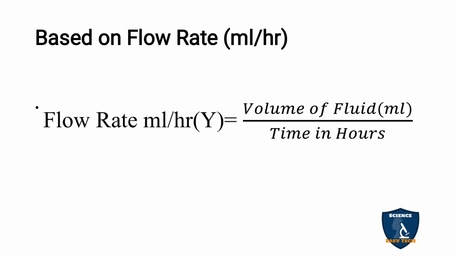In such a case, you have to convert the minutes into hours. 60 minutes is given means it is 1 hour. 120 minutes means 120 divided by 60, it is 2 hours. 180 means 180 divided by 60, it is 3 hours. Like that it goes on. So if the duration is ordered in minutes, you have to convert it into hours.